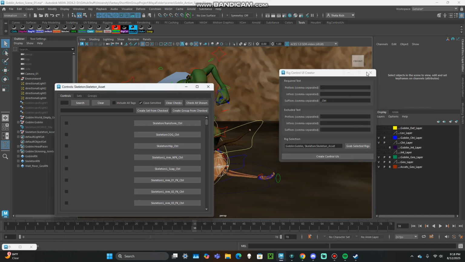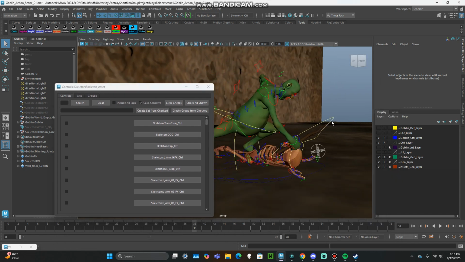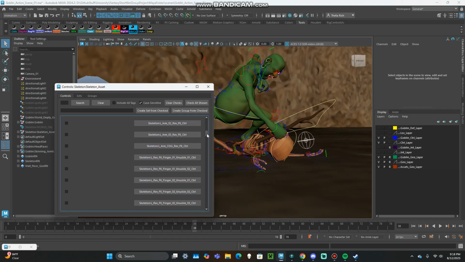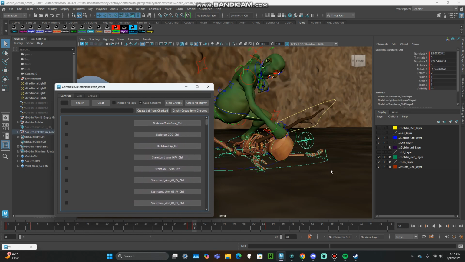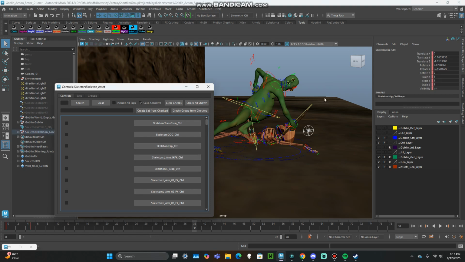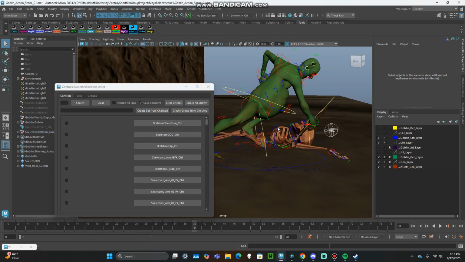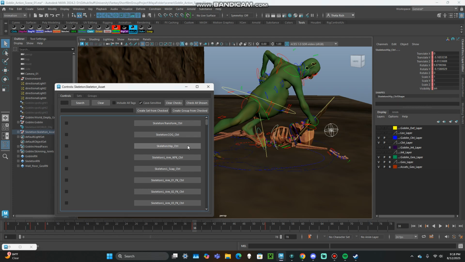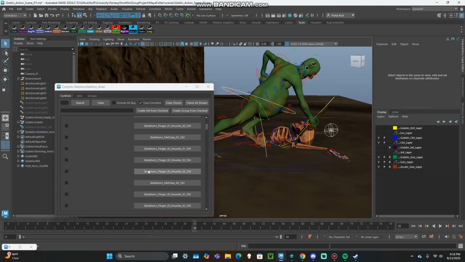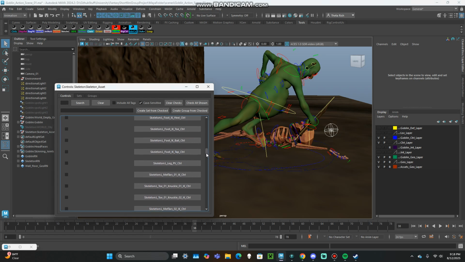So let's put the goblin away. We can get rid of that. So basically how this works is I have a list of all of the skeleton's controls, right? And I can go through here and I can select a control, right? I can select the hip, for instance. So let's say that I have this selected and I select the hip control here. It adds it to my selection, right? So I can go through here, I can click on a whole bunch of things, but first red flag,